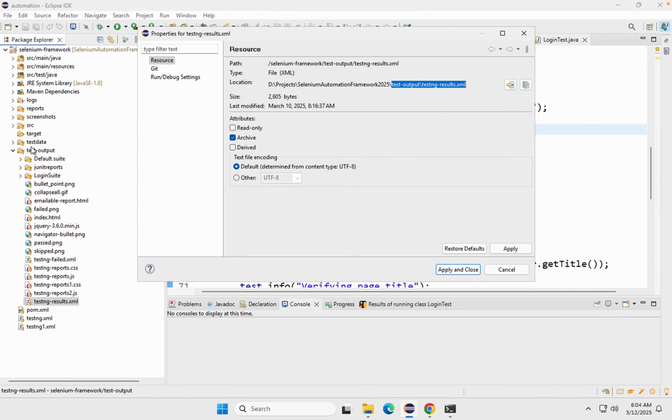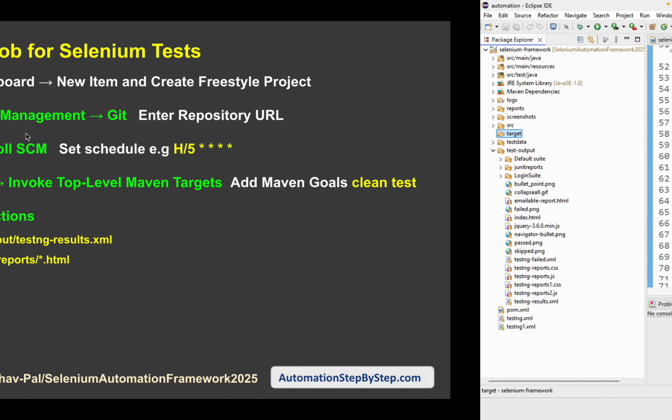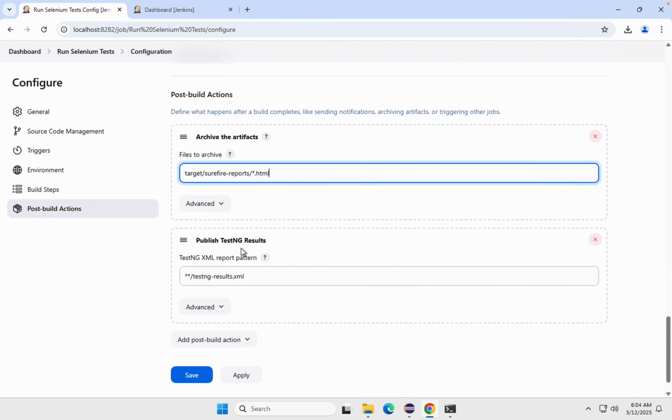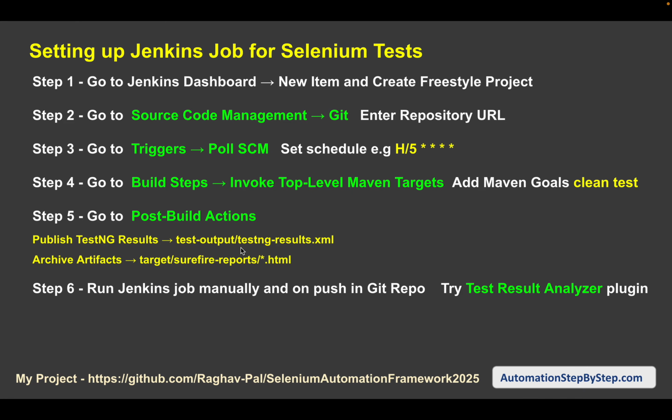If I go to my folder, so whenever you run this job, let me cancel this. Once you run this job, in this target folder we will get this surefire reports, and then we will get the HTML report, which we will archive here as an artifact. Okay, now for now what we want is, so we have done this, let us save and run this job